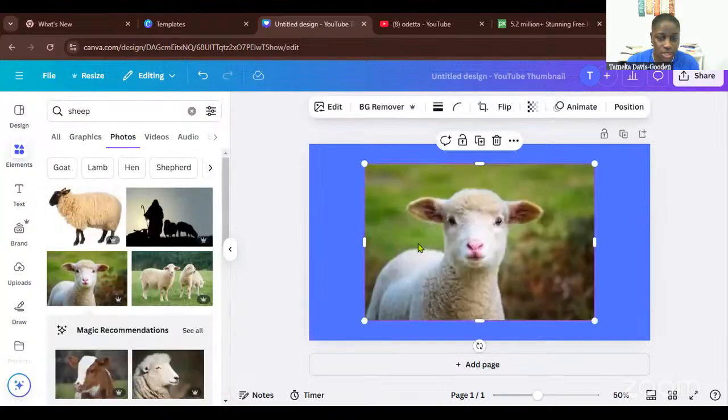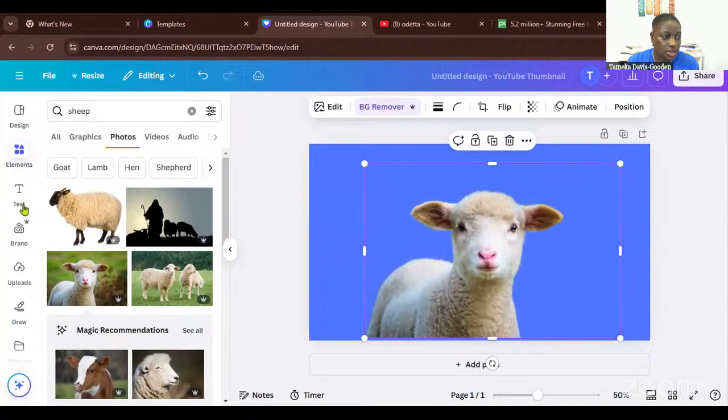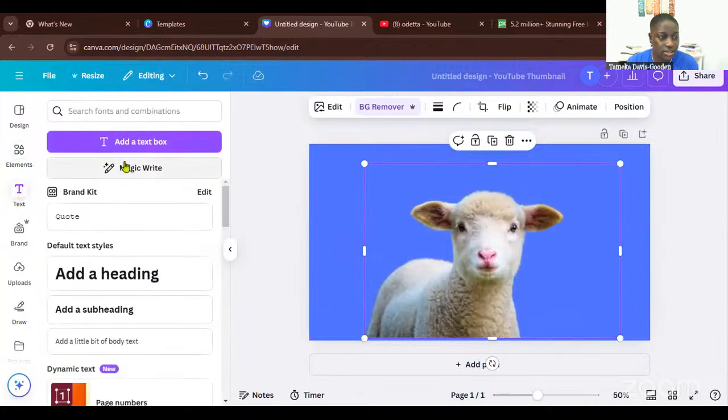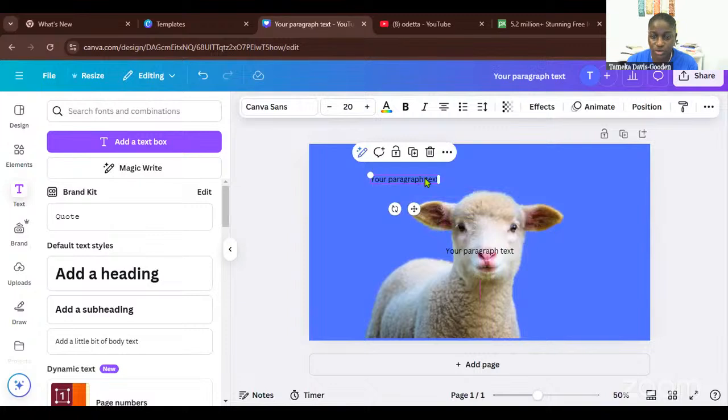I'm just going to keep it simple. I think this one is cute. Remove the background. Fine. Then I'm going to go to text. You add your text from here and add a text there. Add a text box. So what I'm going to write,